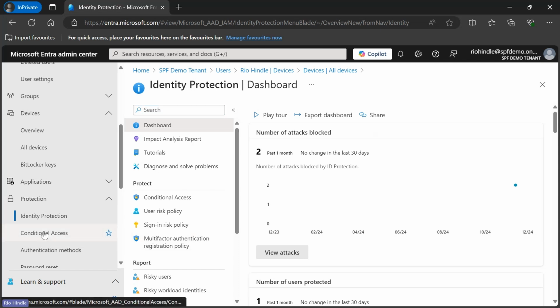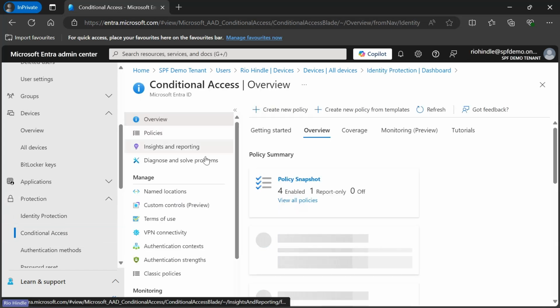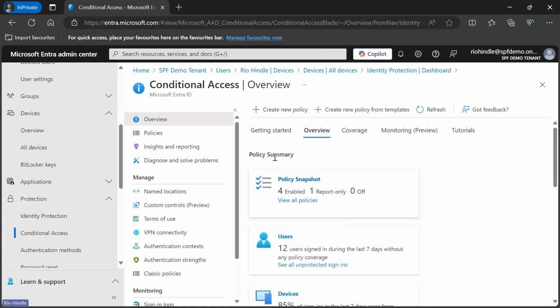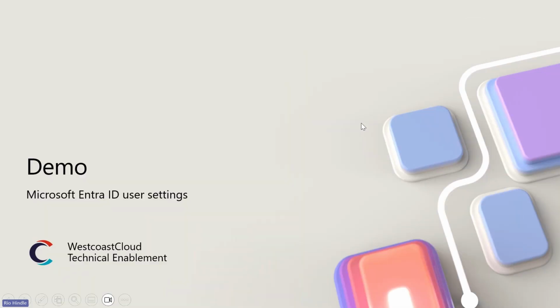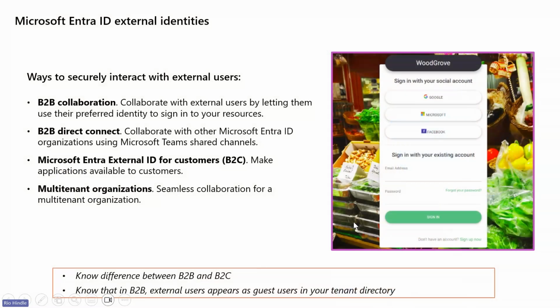So just to finish off with, the conditional access is here. We will probably break out into conditional access in a brief moment on another slide, but this is just to show you where conditional access actually sits within the Entra ID portal. So that's a quick demo on Entra ID. Like I said, any other questions around that, just let me know. But we're going to quickly move on to